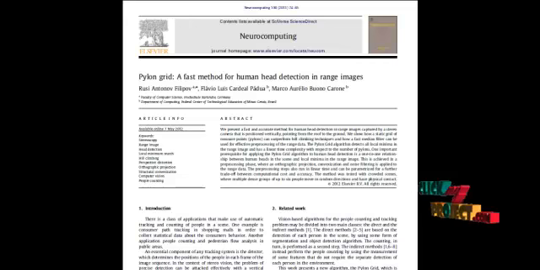Let me discuss the process Pylon, a fast method for human head detection in range images. Initially, the input video is converted into frames. Then we add Gaussian noise to the frames, and they are pre-processed using a Gaussian filter. After pre-processing, the frames are much clearer and the objects in the frames are easier to identify. Then we apply the DWT to the frames so that the images are